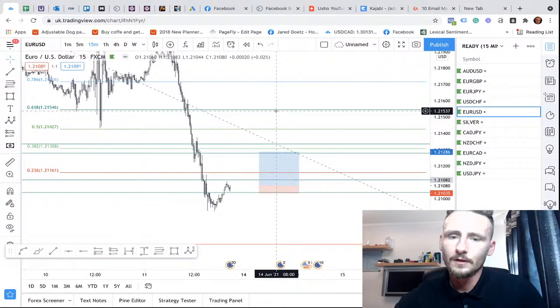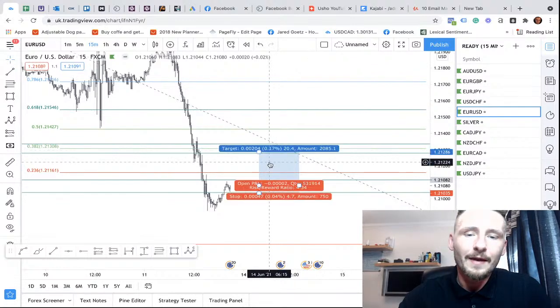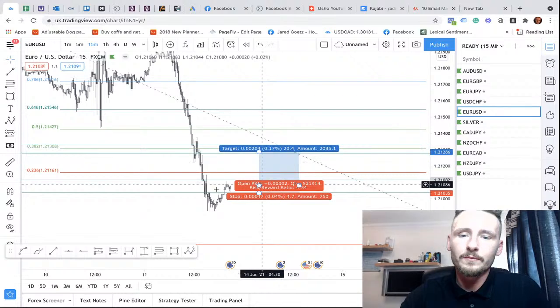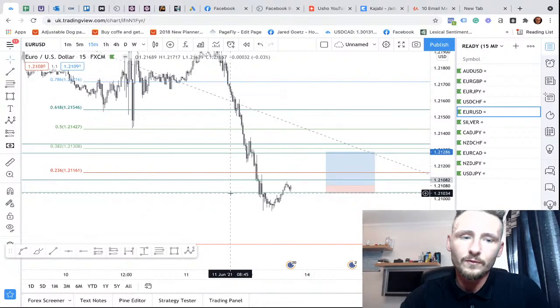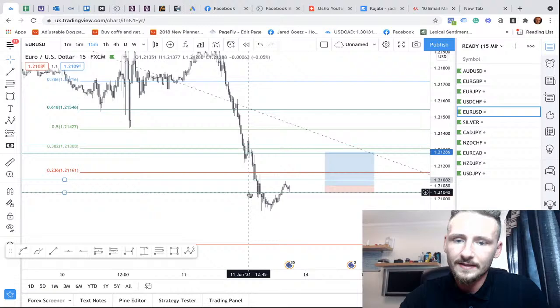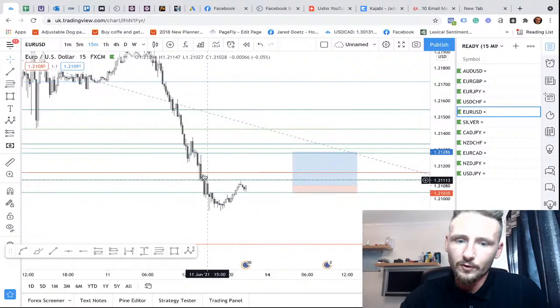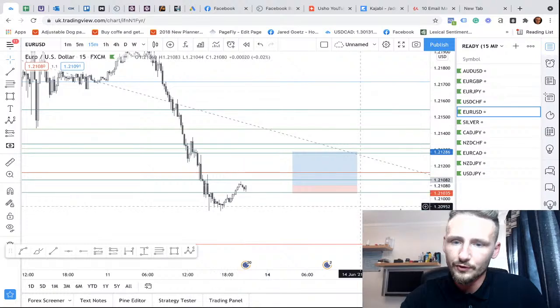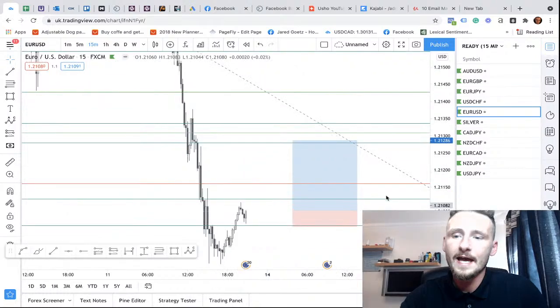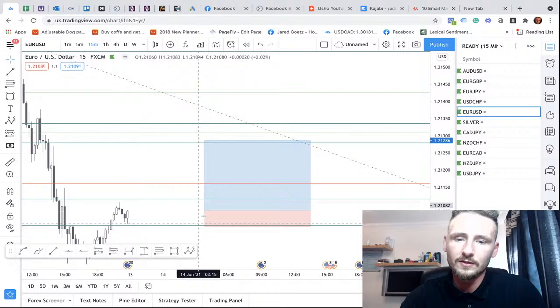But right now it makes perfect sense that if we are able to get a nice entry signal in here, now that we have respected this as a support, we've broken below it, we've come back inside it, respected it as support, and we do look like we are going to hit that next level. So that could be a trade that we are looking to get into almost instantly, and you can see here